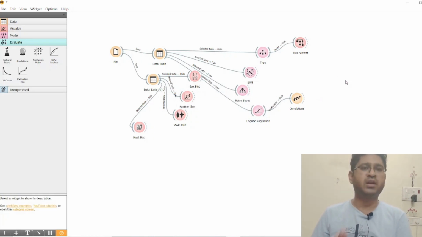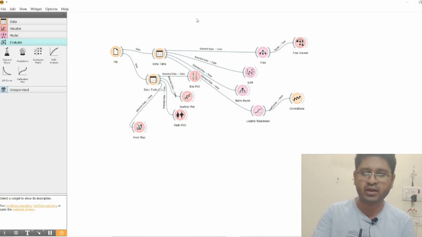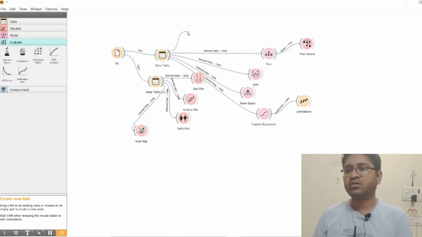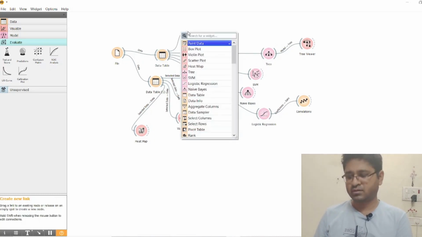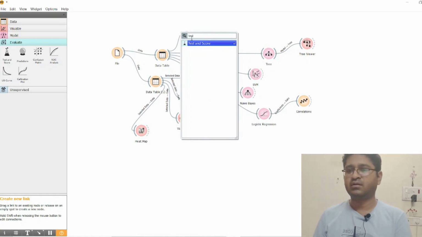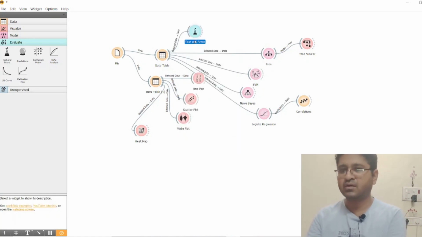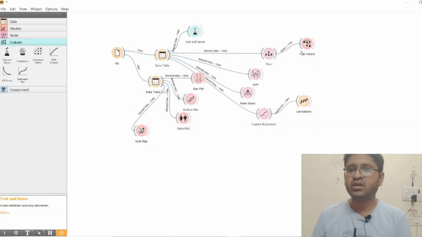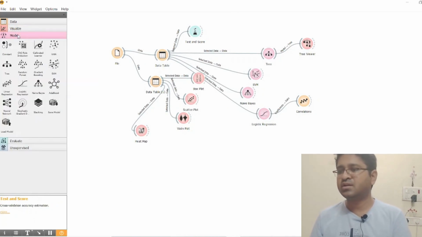It is not going to connect anyhow because it requires the data set. Okay. So I'm going to plot this test and score, and it will show the AUC, CA, F1, precision if you have given earlier. Okay. So this is the ROC curve.